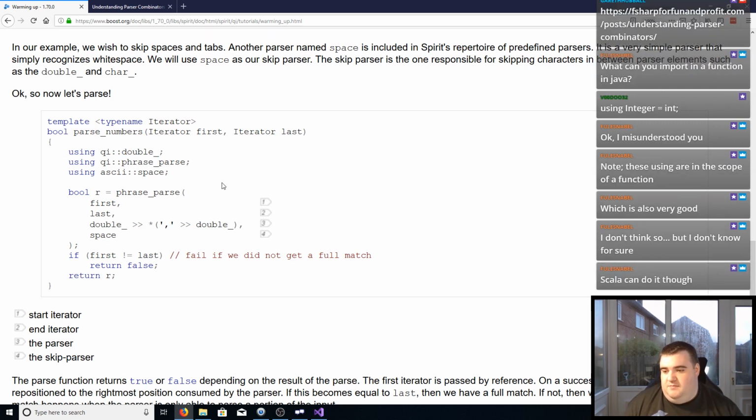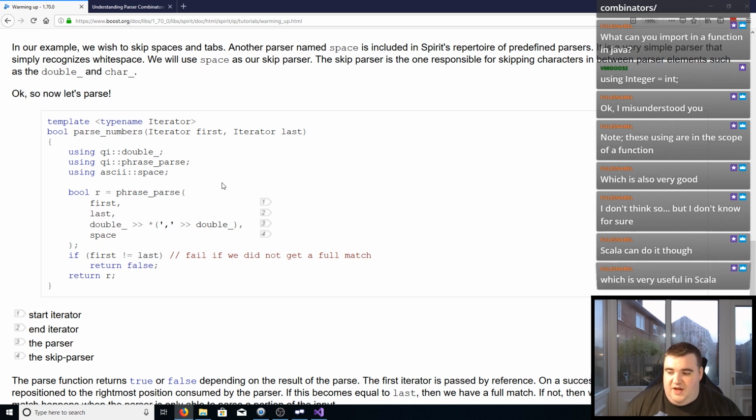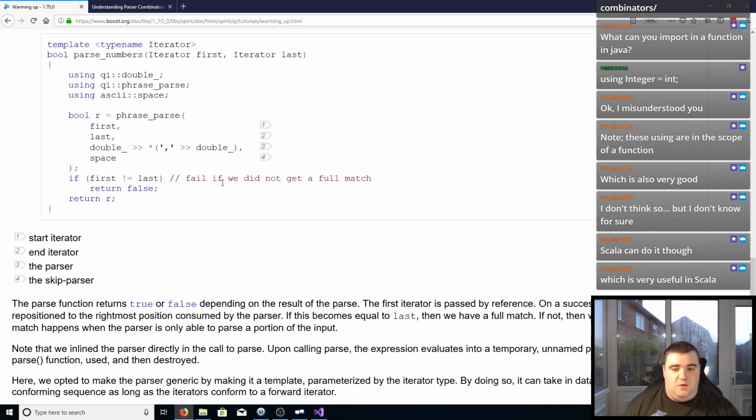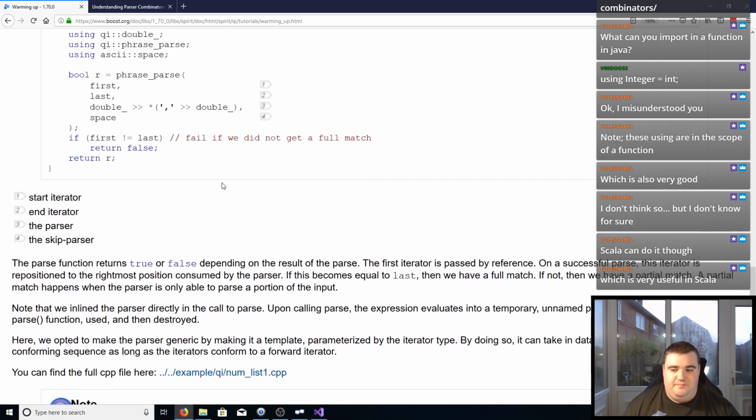Scala can do it though. Yeah. I've played with Scala once or twice now. I have noticed that even when using reasonably simple Scala, the build time seems to be a little longer than I was hoping for, even as someone that was warned about slow builds. So I don't know if I'm messing up my setup. I suppose one day we can look at it on stream, can't we? Anyway, carrying on